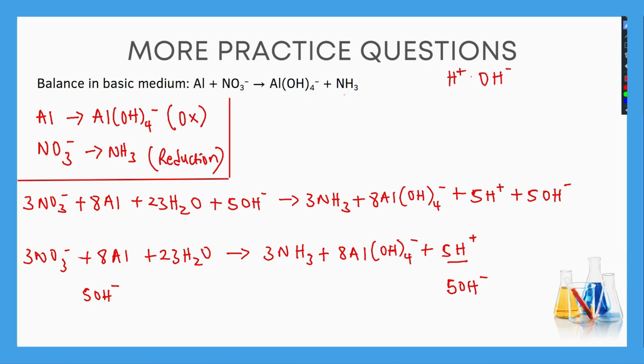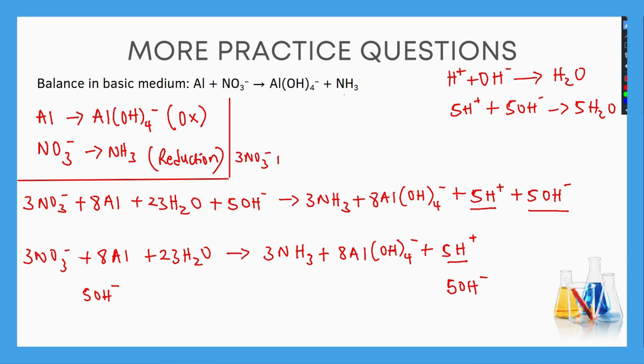Now, as a final rule, it is said that wherever you have H plus and OH minus both on the same side, add them together to give you H₂O. Now on this right hand side, you can see we have 5H plus and we have 5OH minus, which tells us that 5H plus added to 5OH minus will give us 5 molecules of water. So when we do that, our new equation now becomes